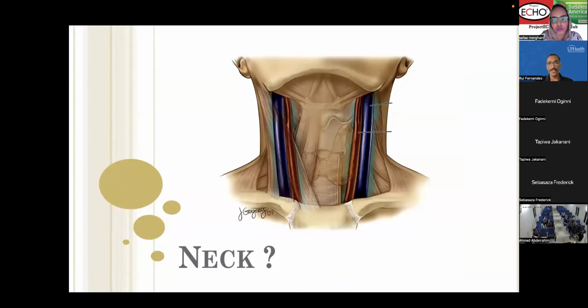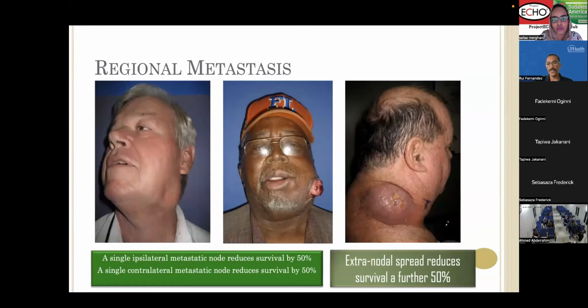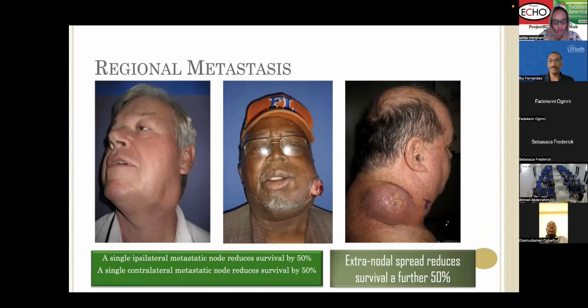As it relates to neck dissection, who needs to have a neck dissection? We know that nodal disease is important to ascertain because it translates to an overall diminishing in terms of survival. And we know that if you have a single node, it diminishes your overall survival by 50%. If it's contralateral, by another 50, and so on. So it's important for us to ascertain the status of the nodes. So if you look here,